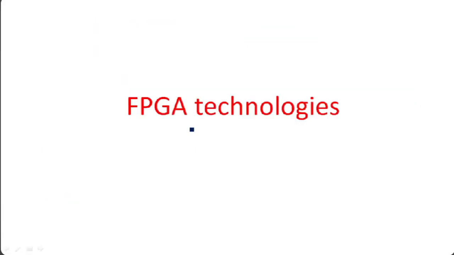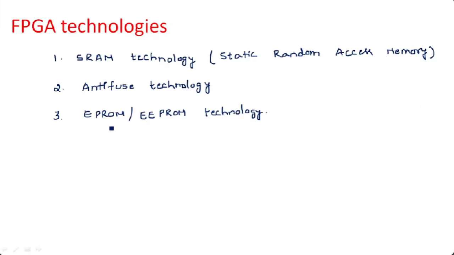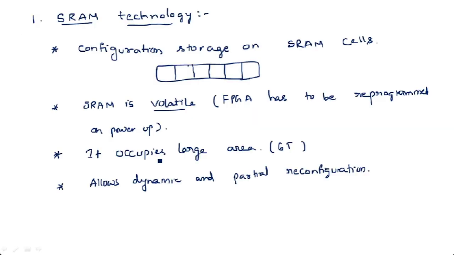Okay. So if you take FPGA technology, FPGA uses three types of technology. One is SRAM technology, as I told you, no. Mainly FPGA uses SRAMs. And anti-fuse technology and EEPROM technology. We will discuss these. So if you see SRAM technology,